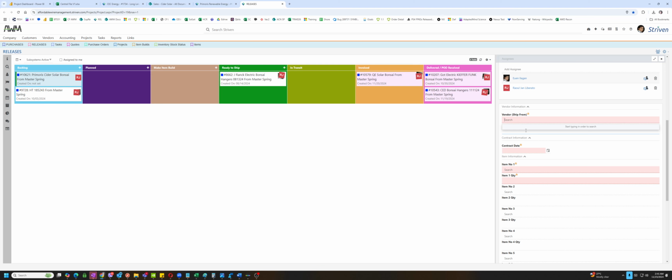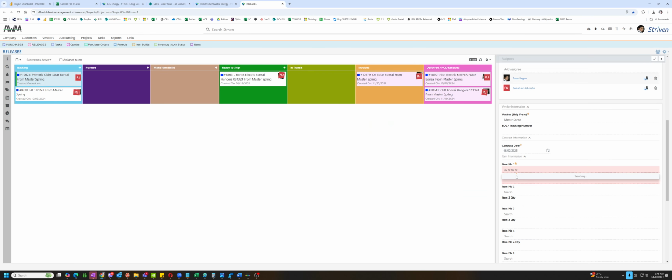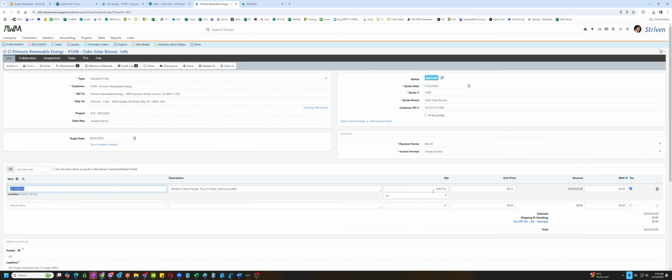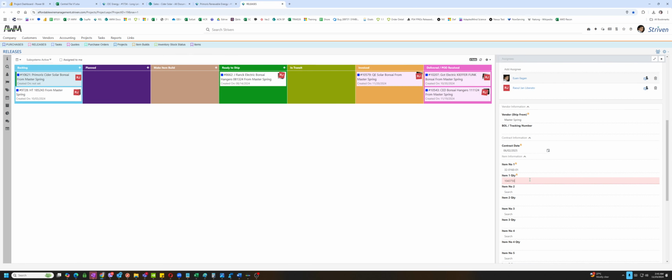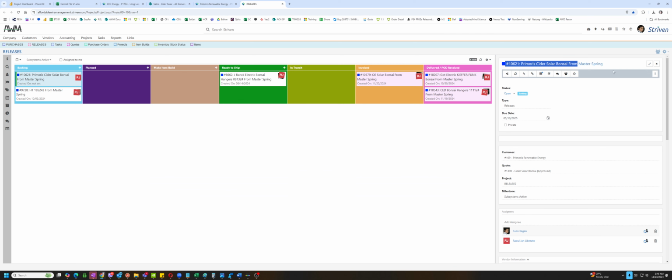Vendor is Master Spring. Contract date. This is the expected date. Going back here. Copy the part number. Right here. Quantity. We can copy this